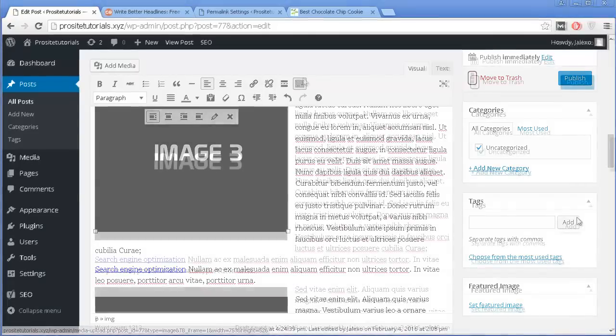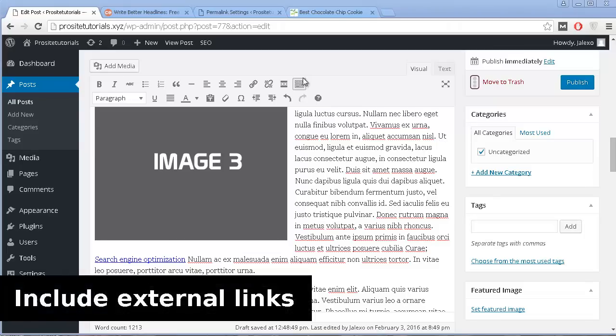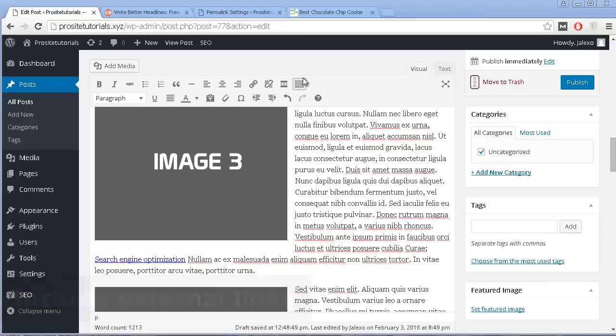and there you go. And the last thing I'm going to talk about on page SEO is you should always include external links inside of your post. And basically what you want to do is you want to link to other websites that have related content as yours but have more influence on the internet than your website. The reason why you want to do this is because Google sees that good websites tend to link to other good websites, and by doing that you're pretty much telling Google that your website is good because it's linking to